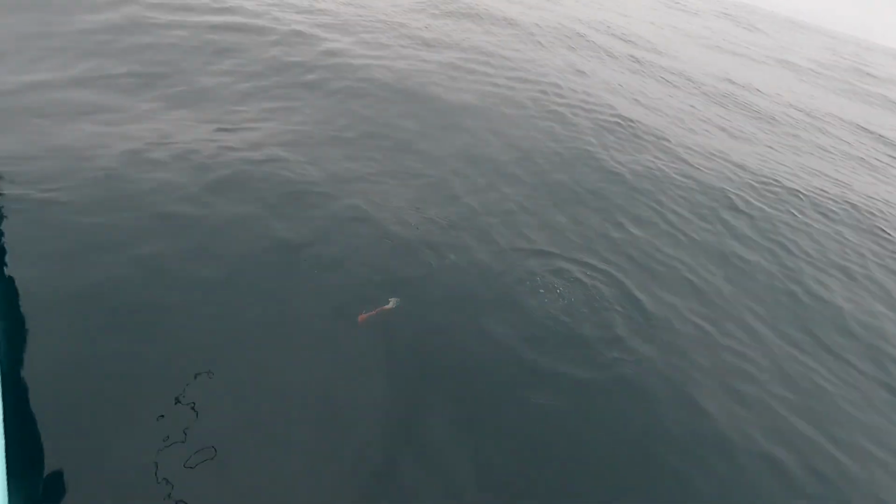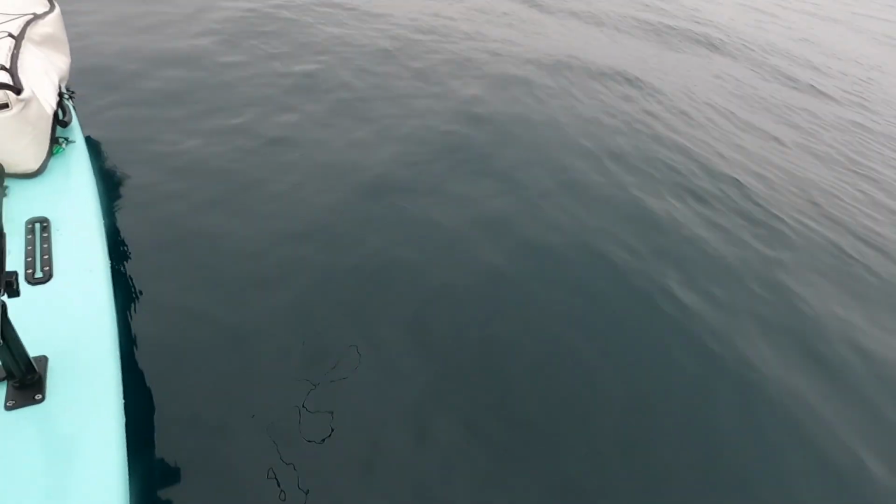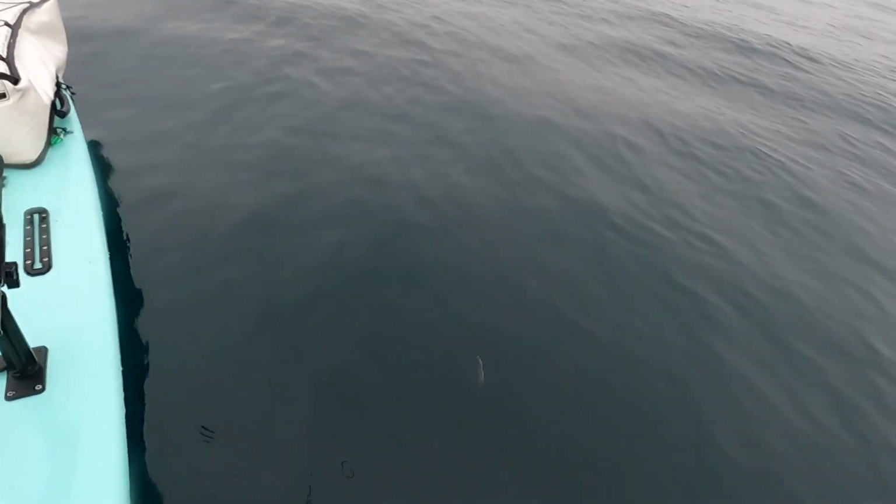Drop it right in that pile of bait, see what happens. But the flatfalls didn't do anything in all that bait. Definitely have seen marks of individual fish above it, but my friend said when he landed, there were lots of calicos out here. It was not a calico, it was some kind of a rockfish. He looked small. I don't think he had a size, like, not like bass, but...